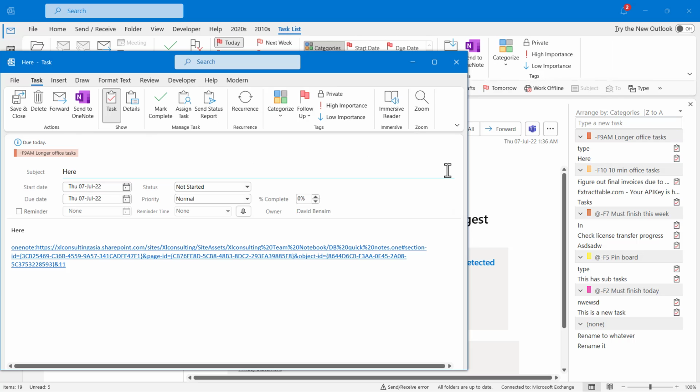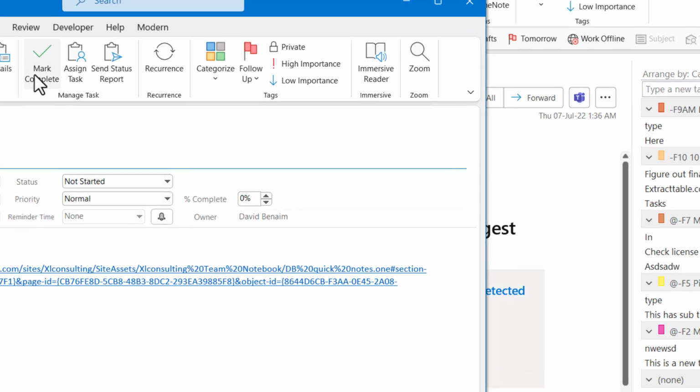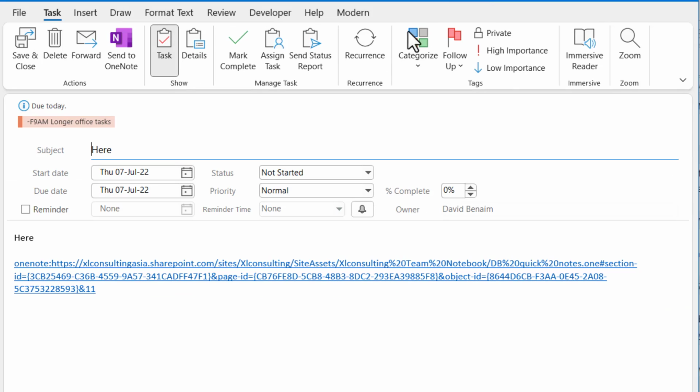If you want to edit the task, here's a link to the OneNote file. So this is one that I added from OneNote. And then you can set recurrence. You can assign this to people, but I don't find it's the best. Prioritization, categorization. You can't do subtasks here, but what I tend to do, and I've done this for years,